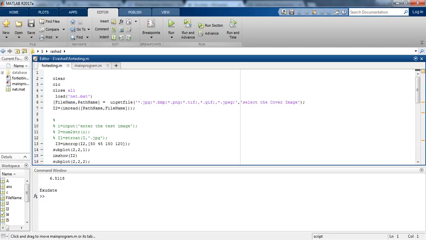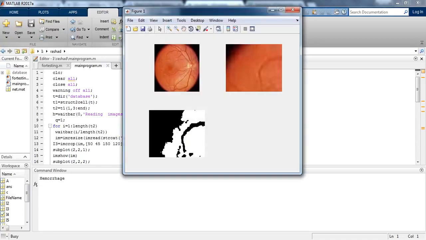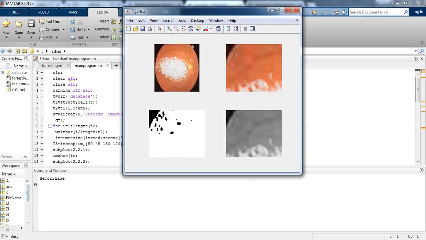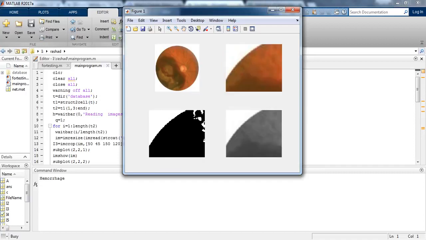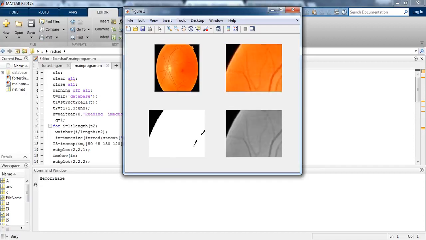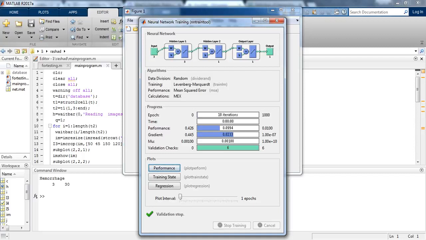Now, if you see, when we ran the main program, we were getting hemorrhage 3 and 30. So you will ask me what hemorrhage is.